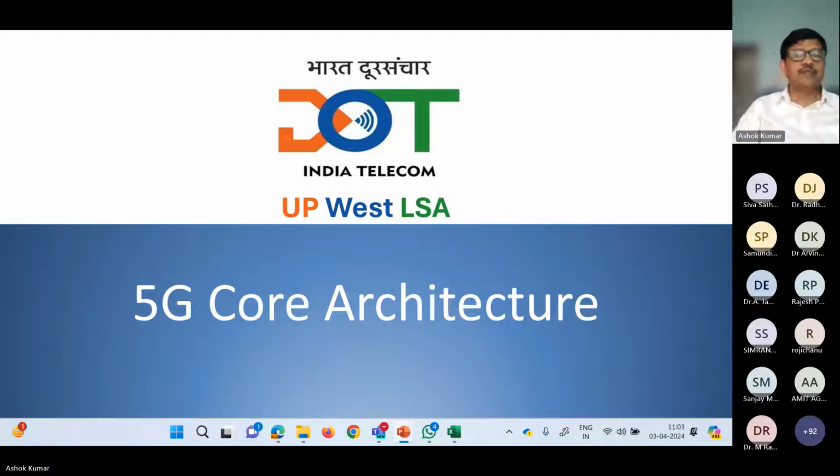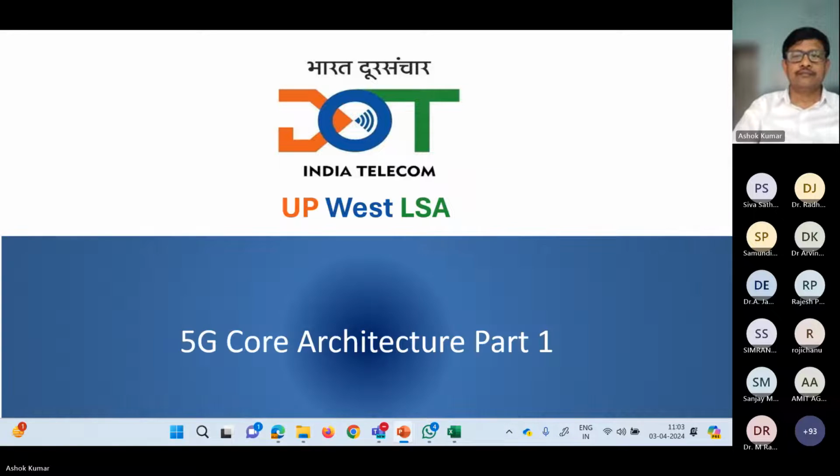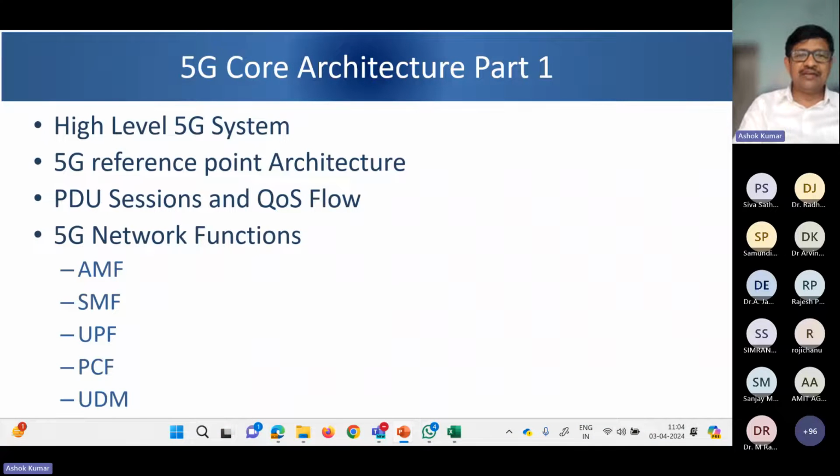Thank you. So today I will try to cover 5G core architecture. Let's see how much we are able to cover. I have planned it to cover in 4 hours, 2 hours today and 2 hours tomorrow. So let's start. I have divided this into 4 parts. So part 1, I'm starting 5G core architecture part 1. In this part 1, I will try to cover